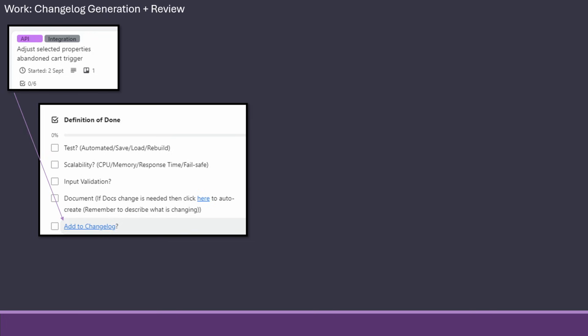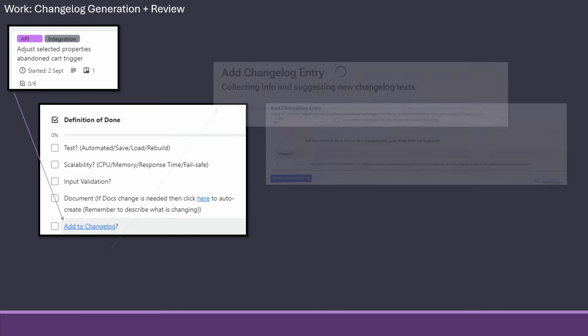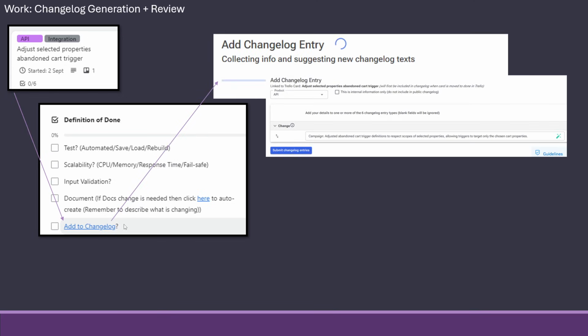If the user or the developer presses that, it will go in and based on what they have written in the title here, what they've written in the description of the work, it will auto-generate what should be in the changelog based on some rules we have.